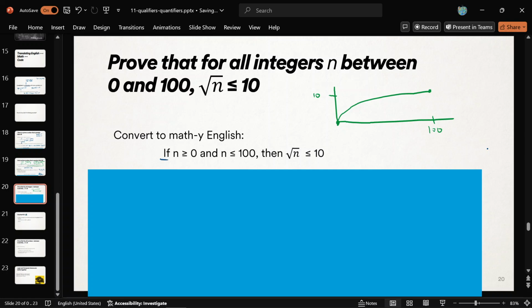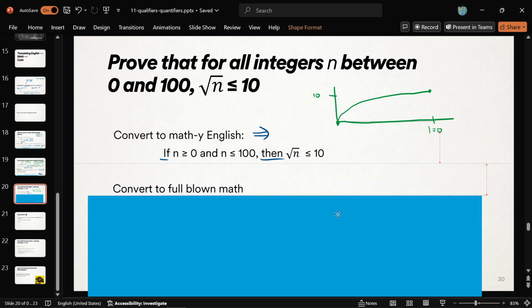That's more mathy looking English. If n is greater than 0 and n is less than 100, then this is true about those kinds of n. All right? Their square root is less than or equal to 10. And that is looking better because that's another logical symbol, right? That's our if-then. That's our implication. Okay? So does that step make sense? From there to there? The top down to there? Questions about that? If that's true, this is picking out the range, right? If this is true, all right, here's something I'm claiming about those numbers n. Okay,